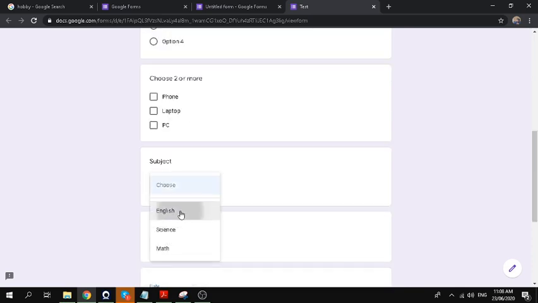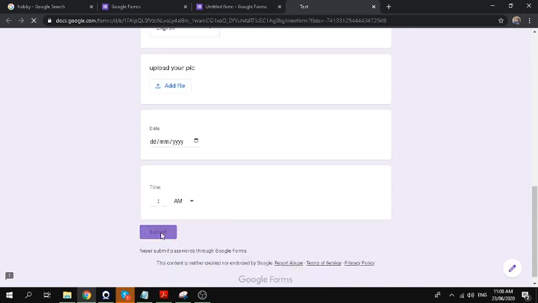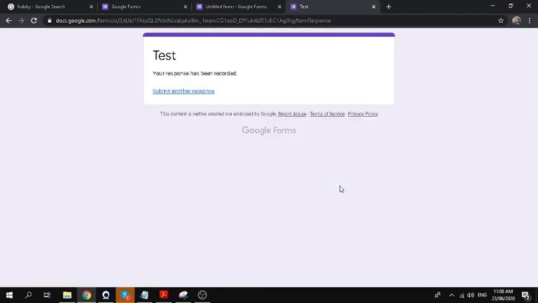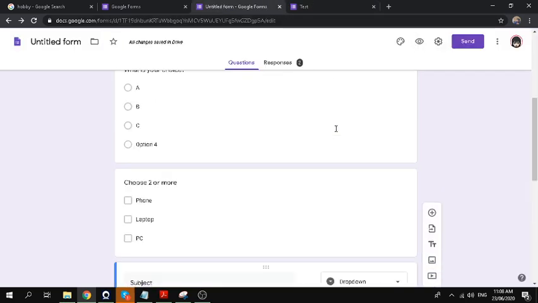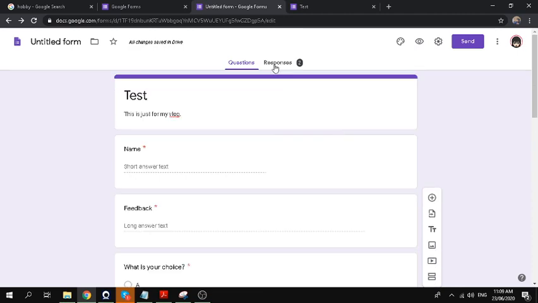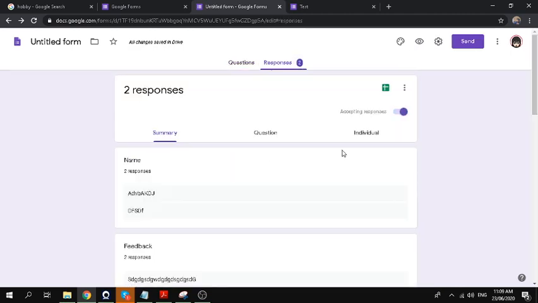Huwag na natin i-choose. Pag hindi mo siya ginawang quiz, ganyan ang magiging itsura. Submit another response. Okay? And then, since you're the one who made this form, you can also see the responses,